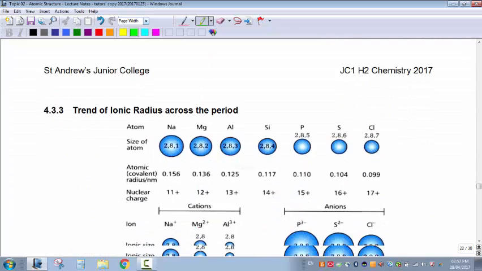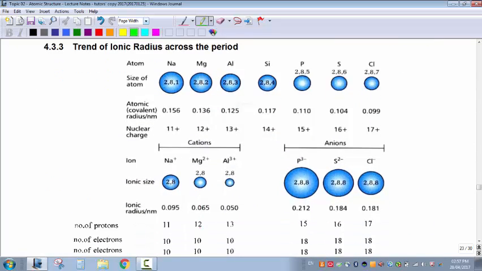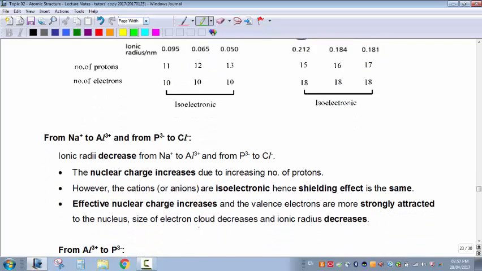Then what about across the period? Just now we were talking about the parent atom to the cation, and the parent atom to the anion. What is it then about across the period? Across the period,